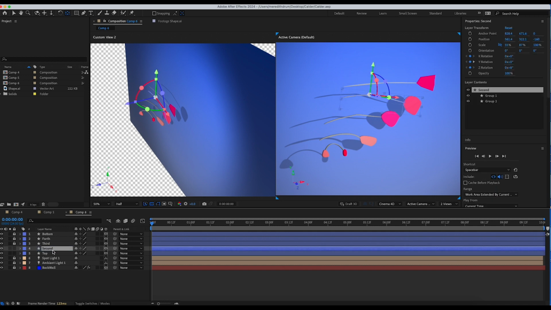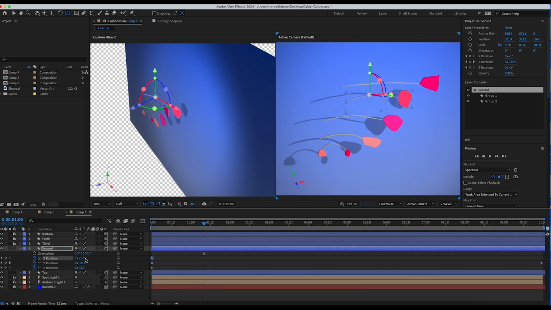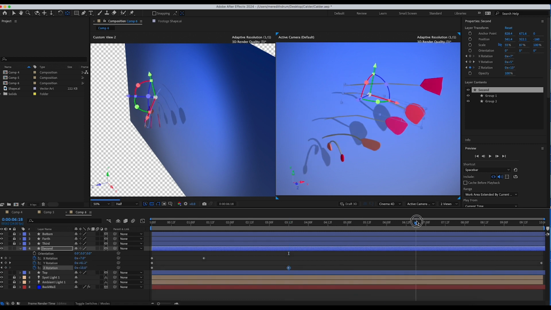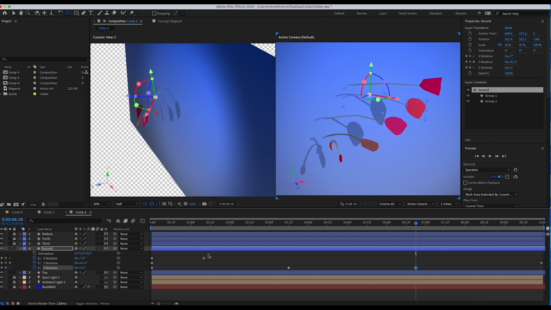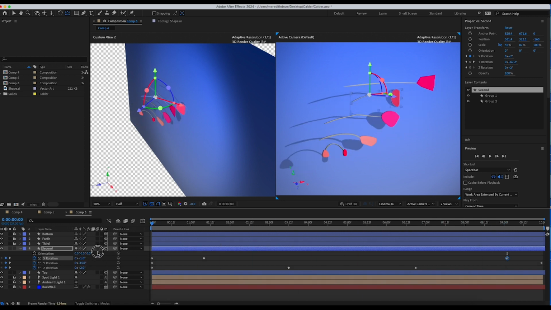Save. Let's go to the second one, open the rotation by pressing R. Let's go to the beginning of the timeline. I'm going to rotate it back a bit in Y. Maybe I'll go back even further with that one and do just a little bit of rotation depending on how I want it to look. You know, just play around with that. Try to give it a little life. Maybe a little bounciness here and there. Okay, so that looks pretty good.